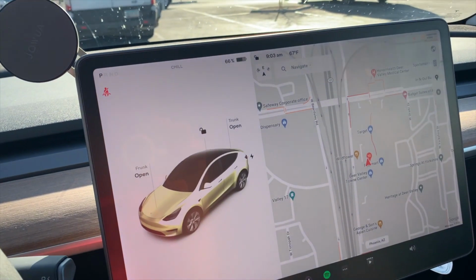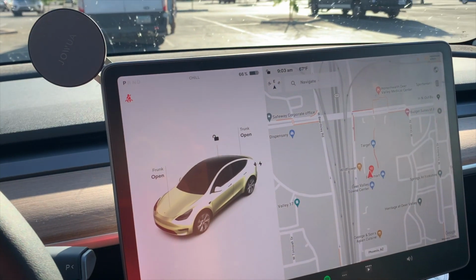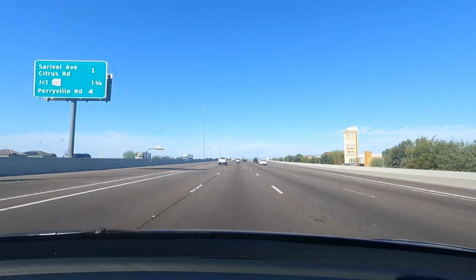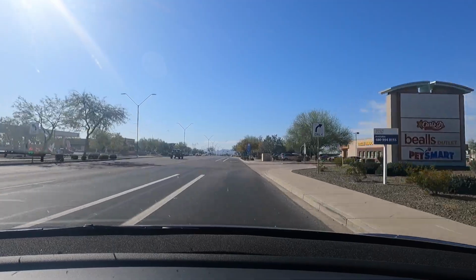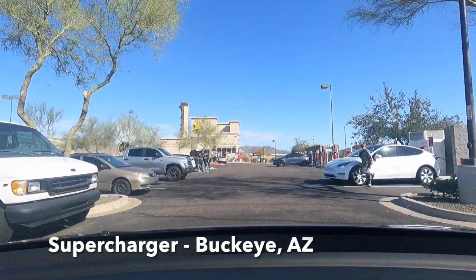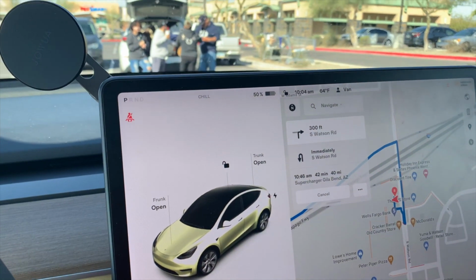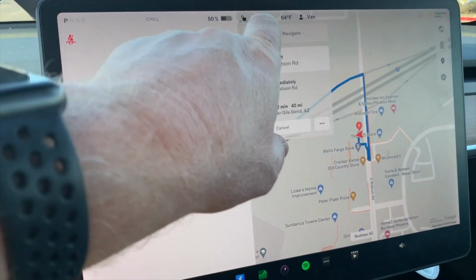Third supercharger in like half an hour. Got here with 66%. Just going to get a little bit because the battery's really warm, and then go leave Phoenix. Another supercharger at a shopping center, the Buckeye Supercharger west of Phoenix. We got here with 50% and a lot of traffic, and we are heading on to